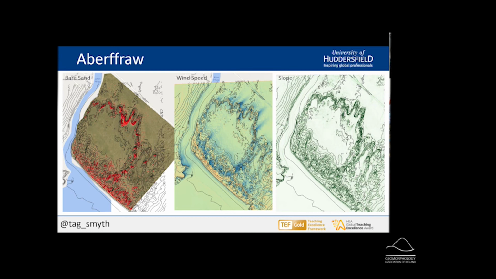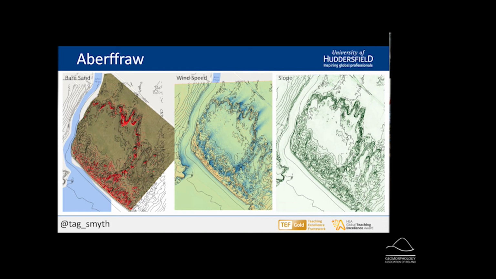Wind speed is a much clearer story here. So we can see as wind flows across from the beach, topographic acceleration on the foredune. We then have an area of separated and reduced wind speed in lee of the foredune, and then we see some topographic acceleration along the ridge of those parabolic dunes before these areas of slower wind flow in lee of